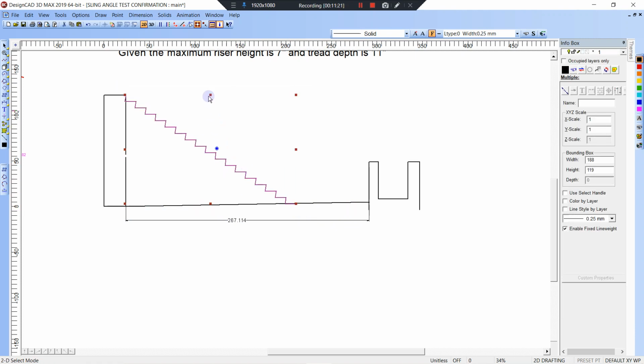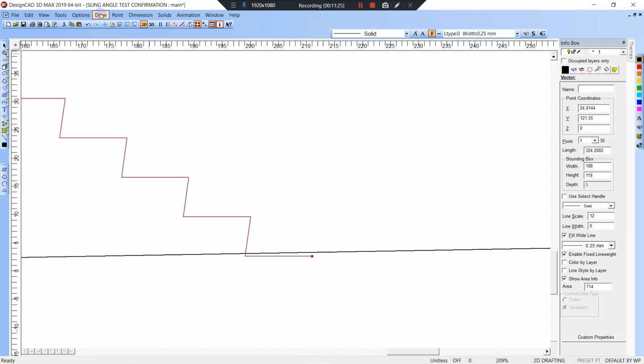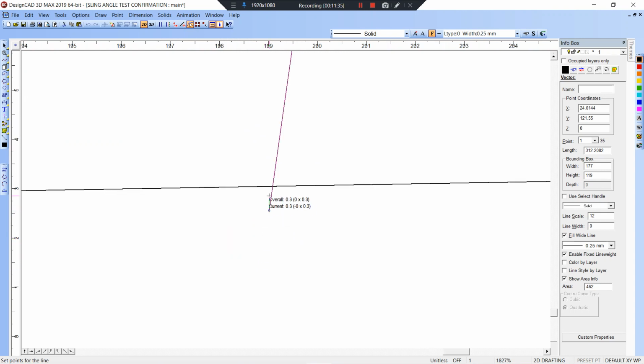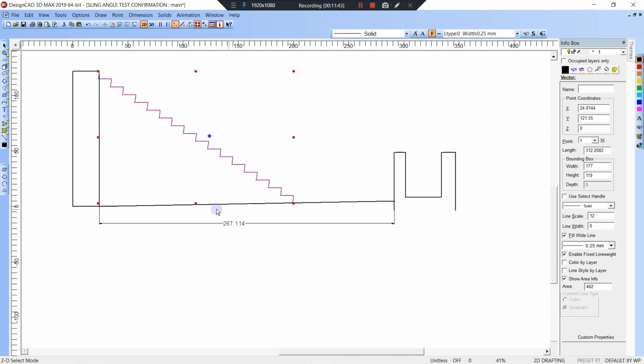Select it. B turns it all into one entity. Z for zoom. Left click into the zoom, and then point select mode. Left click, we know, and then zoom here. V, H, K, enter, and then select mode, handle selection mode, and then left click there, and then zoom